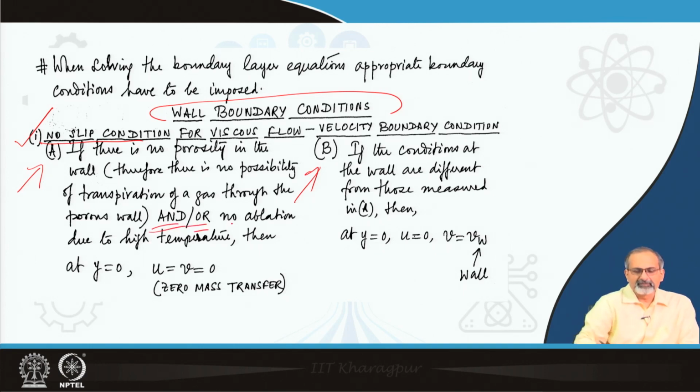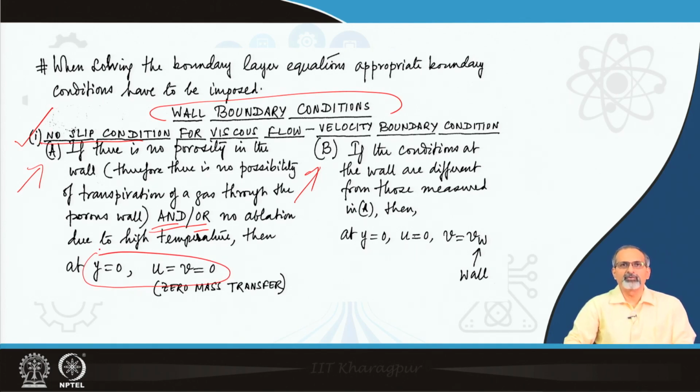Additionally, if there is no ablation due to high temperature, that means the wall is not getting eroded or chemically reacted and therefore depleting due to high temperature effects, then at y equal to 0, u and v both are equal to 0, leading to 0 mass transfer essentially. This is one possibility. The other possibility is if the conditions at the wall are different from those mentioned in A,